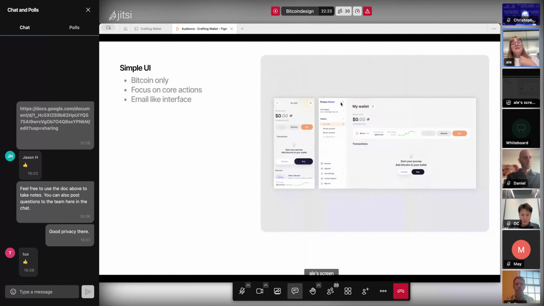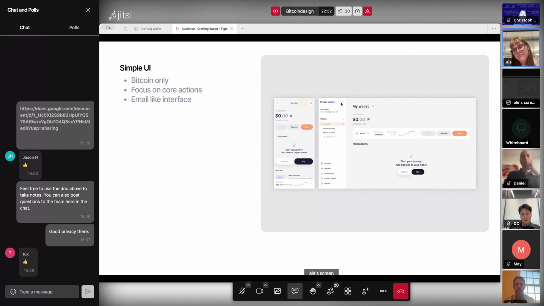So first, and it seems really obvious, we wanted to have a very simple UI. For this, we decided to focus on Bitcoin only, also because we think it is the safest one and the easiest to understand for newcomers.